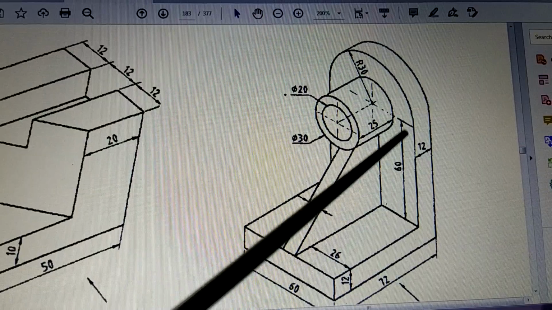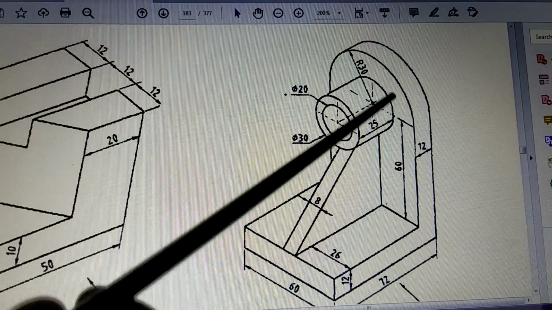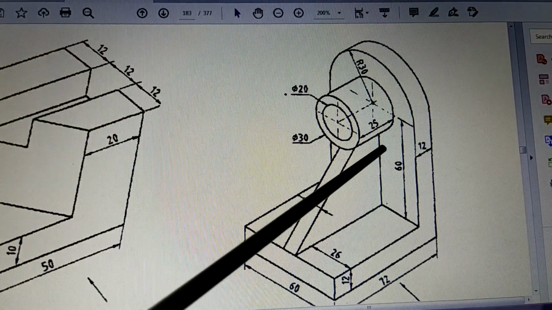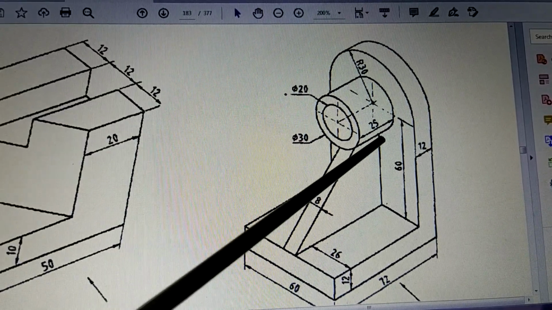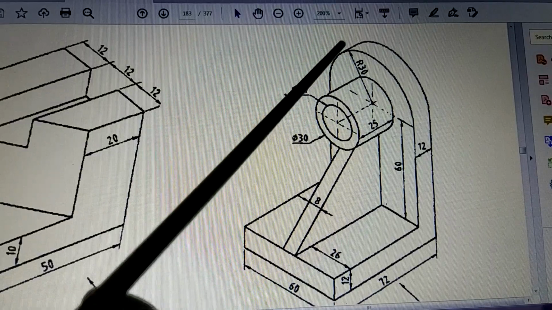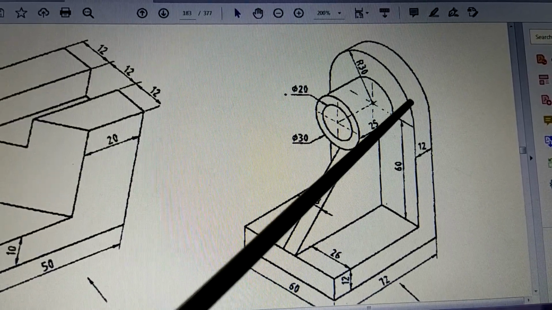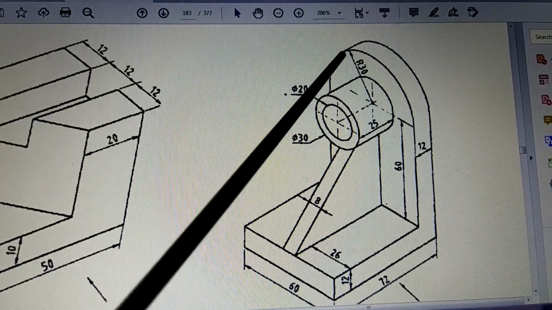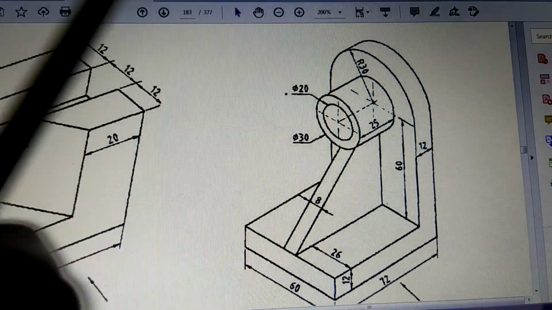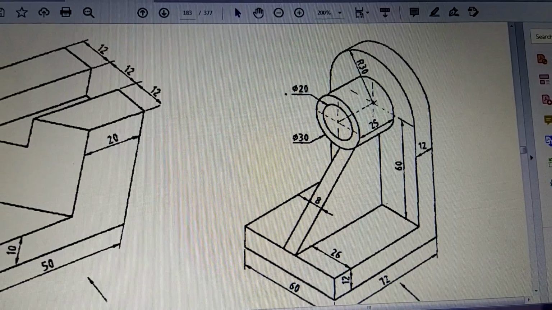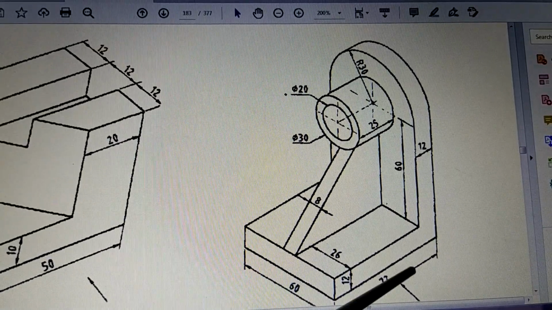In the same way, this surface, when you see from top, is not seen, but exactly here there is this line. So this dotted line is covered by this continuous line. The preference is given to the continuous line. So you have to draw this continuous line, although there is a dotted line also there for this part of the surface. Okay, so that becomes the right hand side view.